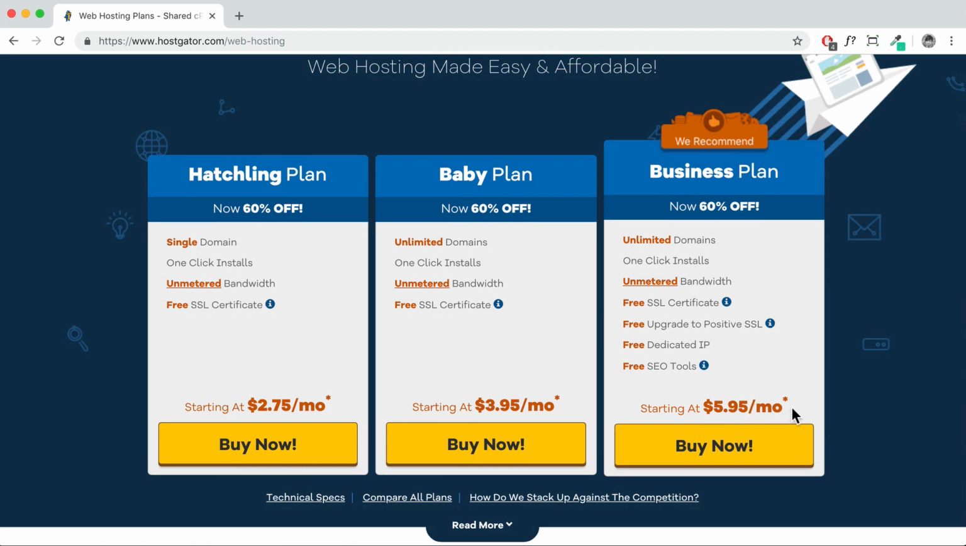rate. Okay, so for these 2 plans here, the only difference is that this one only hosts one domain, so yourwebsite.com, whereas the baby plan can have your website, your friend's website, and maybe your client's website as well. Okay, so if you know that you're gonna host other sites as well, then I would go for the baby plan. Okay, but for this tutorial, I'm just gonna click on the single hatchling plan. Okay,